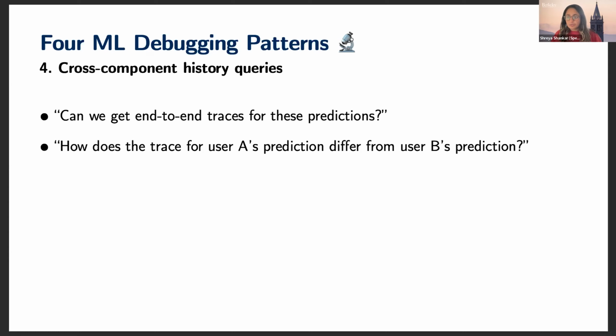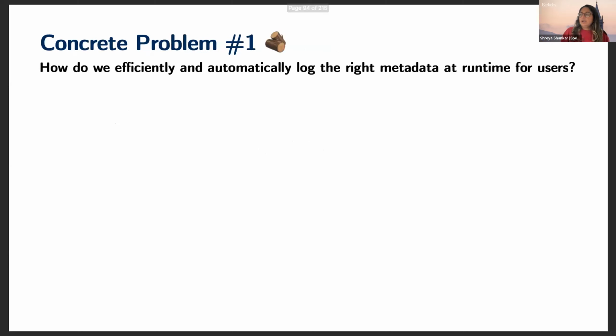Existing monitoring services don't do this very well, and we need to figure out how to support these kinds of debugging patterns. So I've distilled these debugging patterns into concrete problems of various levels of interest. The first one, around logging, is: how do we, one, efficiently, and two, automatically log the right metadata